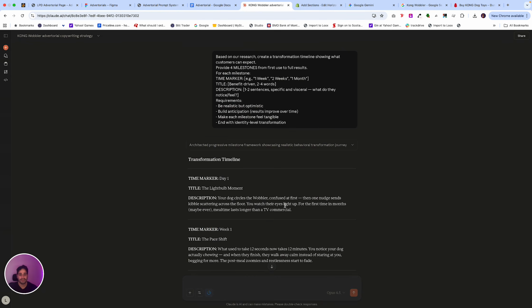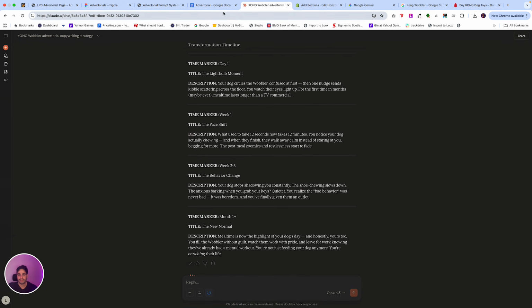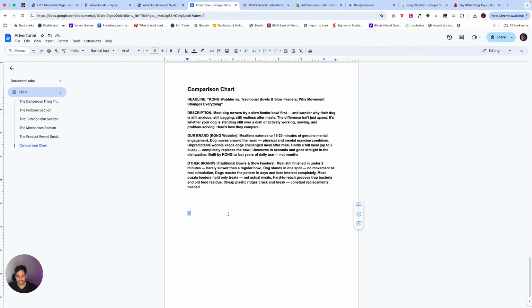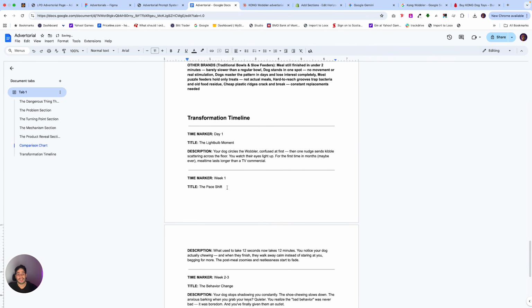Now, the way we got it from Claude is, let's just copy and paste this, the timeline is simple. Day 1 is the light bulb moment. Your dog circles the wobbler, confused at first, which I can imagine. He's never seen this type of toy. Then one nudge sends kibble scattering across the floor. So he's starting to understand that when he plays with it and interacts with it, food comes out. And as you know, dogs are driven by food. So they're going to try their hardest. It's really going to lean on their mental fortitude for this dog to do everything it can to get this